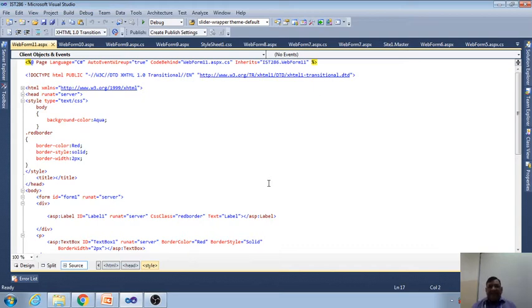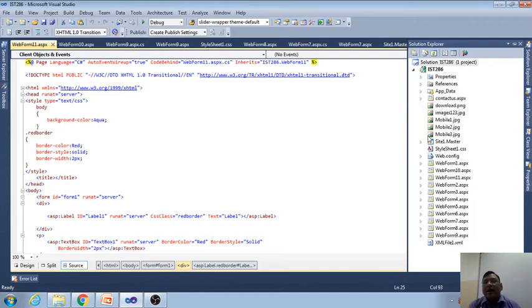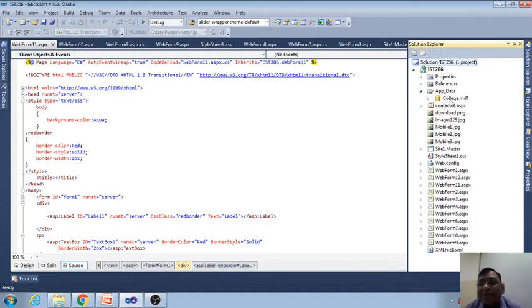One important thing: when we create a page, after adding the page it comes on the screen. But when we create the database, it will not come on the screen. In the background it is created and stored in the Solution Explorer. If you open the Solution Explorer and open the App_Data folder, here we have college.mdf.